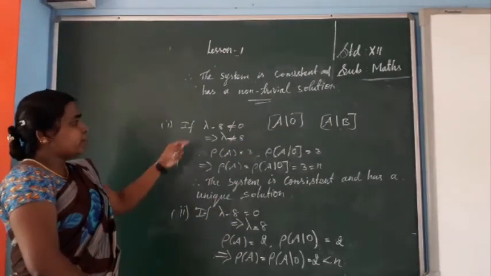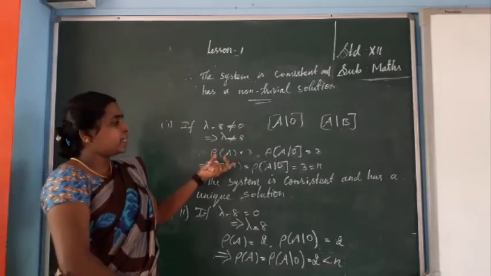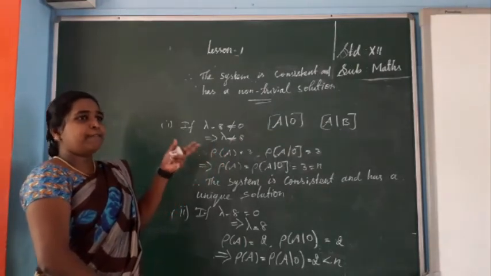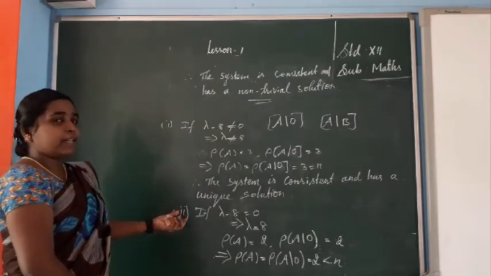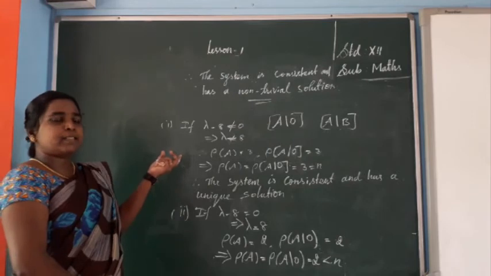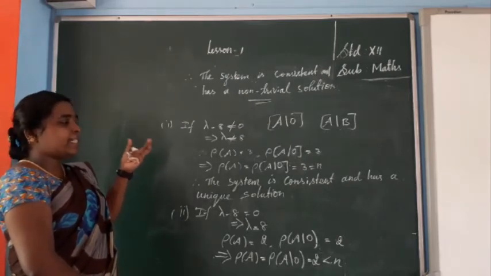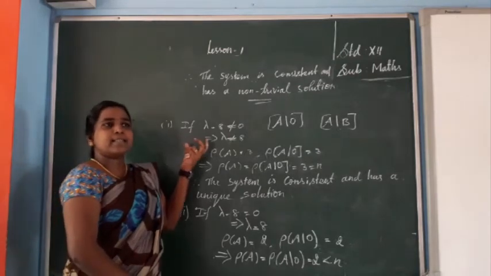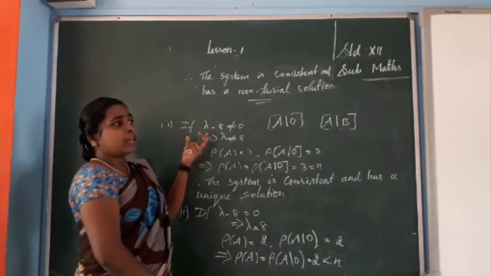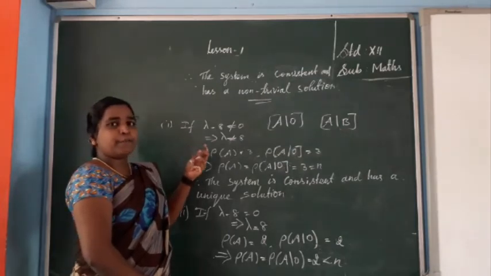Then you have to assume the value of the unknown. Okay. So if lambda is not equal to 8, what will we get? And if lambda equals 8, what will we get? Okay, that is what you are thinking. So the last two exercises are very important. All the problems are related. So it is the rank method, consistency. Study the consistency problems thoroughly. Okay, so it is a very important 5-mark concept.